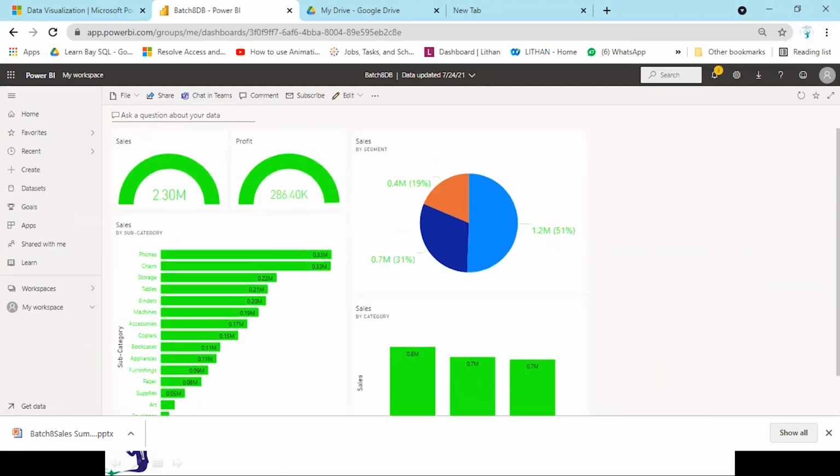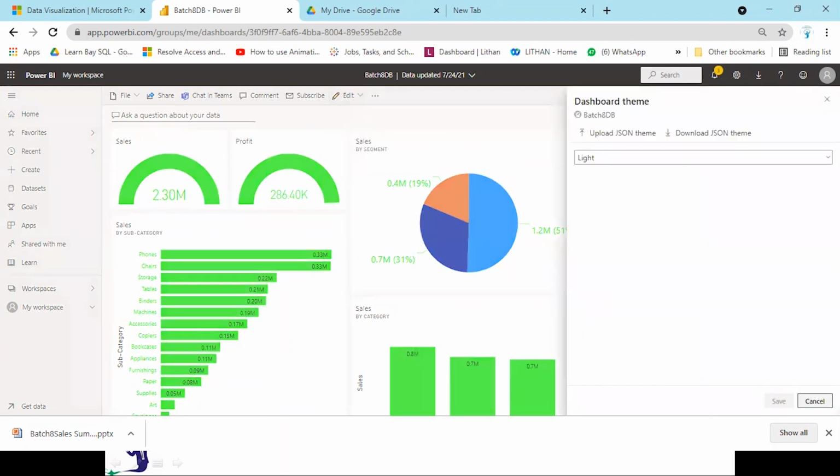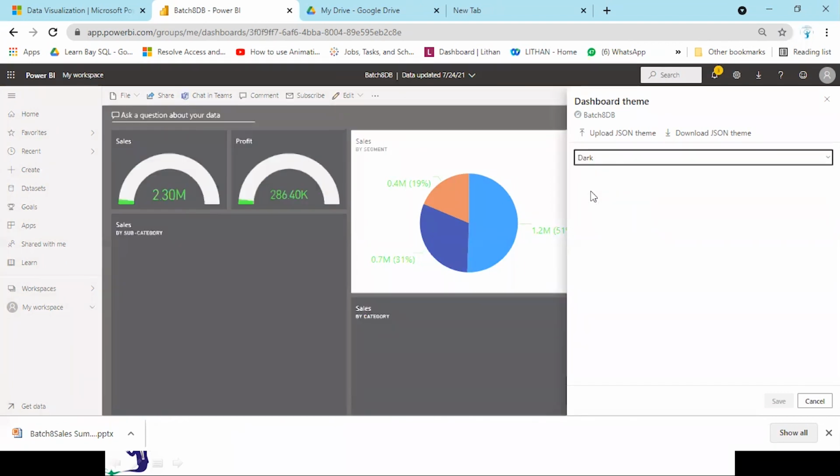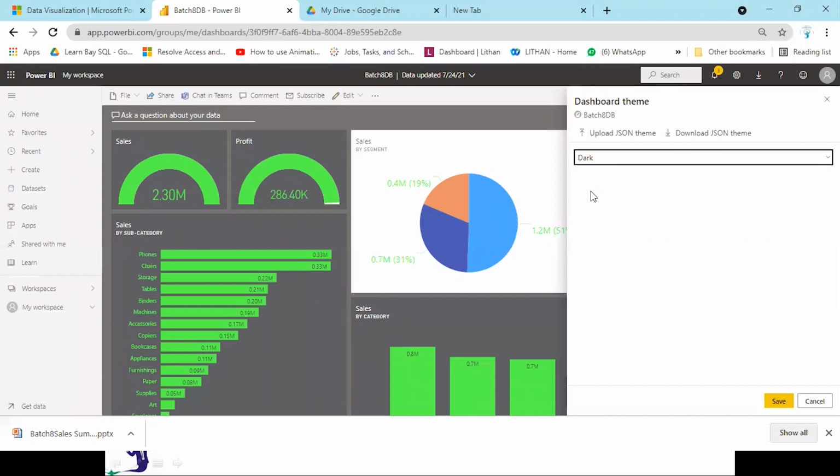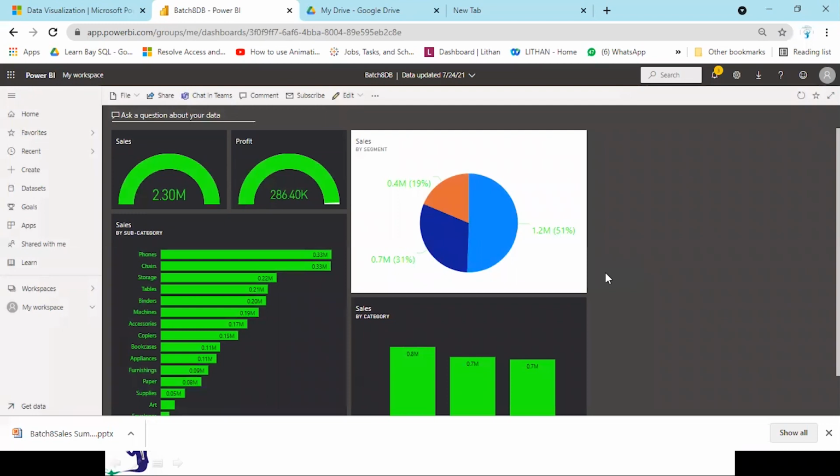Now, one thing regarding the theme. Let's click on edit dashboard theme, and you click on this drop down arrow and you will see various themes: dark, colorblind, custom and so on. I will take dark over here. See, the background and all the visuals have been changed as per the theme, but the pie chart, because we took it as keep current theme, will not change as per the destination theme. Okay, here is the dashboard.